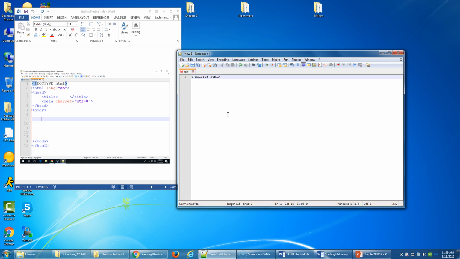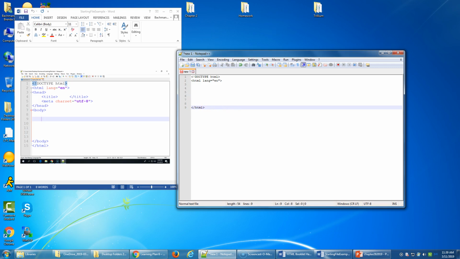So this opening doctype HTML with the exclamation point in front simply tells humans that this is going to be written in HTML code. And then the next line down, the html lang equals English, is the actual code that the computer reads, the opening tag. And if you go down and close out your HTML tag,